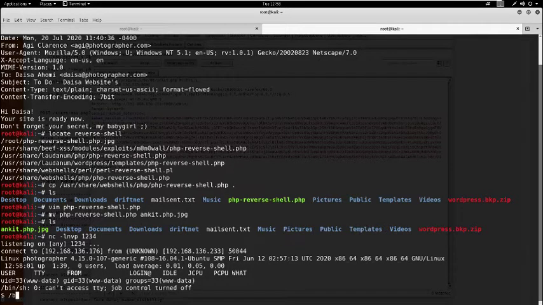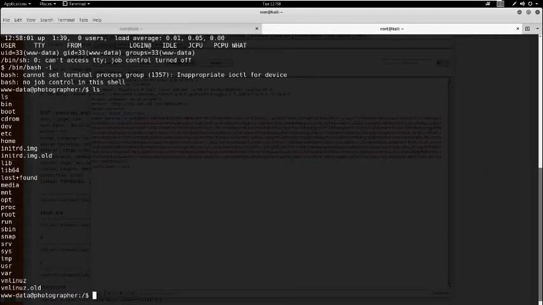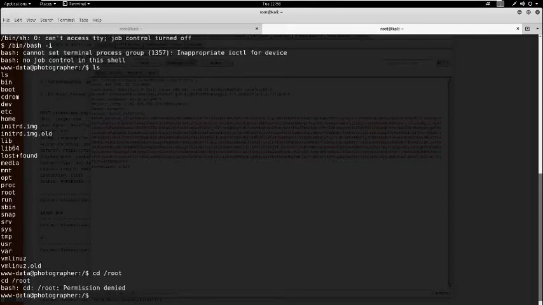So now, spawn bash -i. So here you can see ls, cd /root, permission denied. Okay, no issue. So here I enumerated a lot of things, then I found something. I'm using the find command, with type file and permission, here it is equal to s.